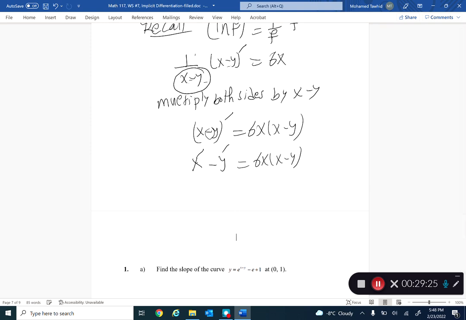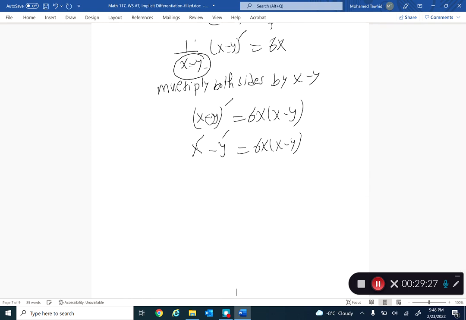So now, guys, what is x prime minus y prime? What is x prime? 1. That's very good. x prime is 1. What is y prime? That is the one I need to find. y prime is dy by dx, which is the one I need to find. So you have 6x multiplied by x minus y. Right? So step number 1, I took the derivative of both sides and simplified. If you recall step number 2, I have to collect all y prime